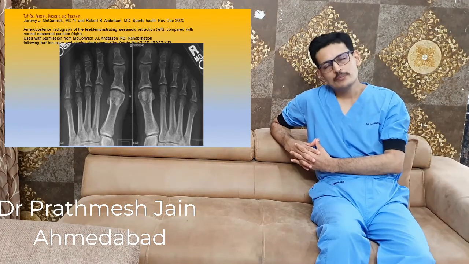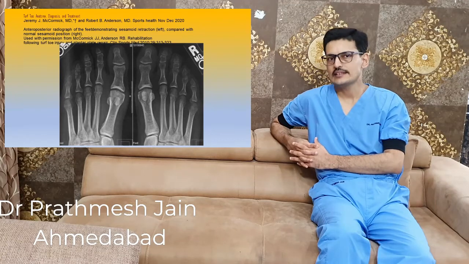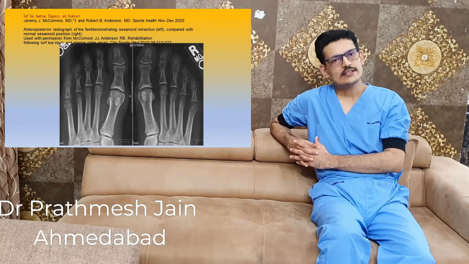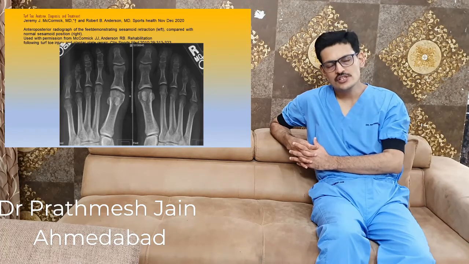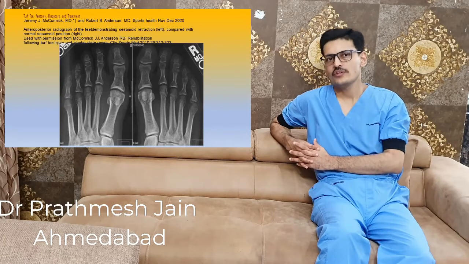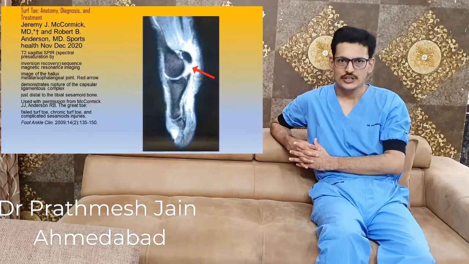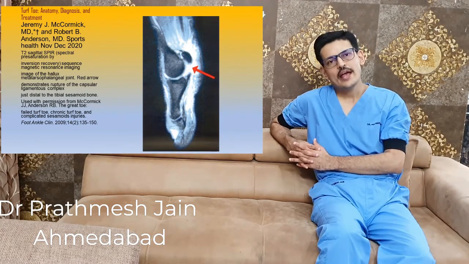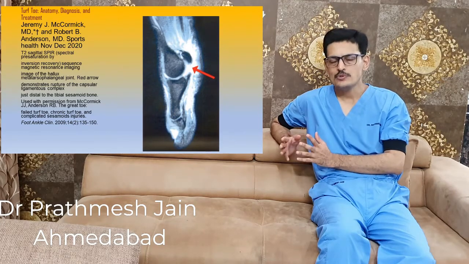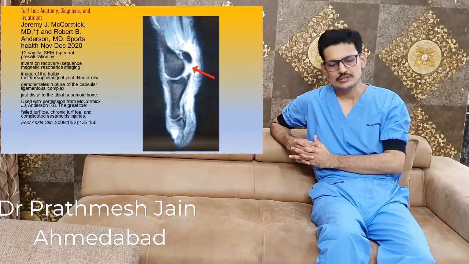To confirm the diagnosis, we do 2 tests. We do the X-ray and the MRI. The X-rays will usually show any loose bodies incorporated into the joint. Occasionally the X-rays will show sesamoid fractures and proximal migration of the sesamoids as well, which is suggestive of a significant plantar plate injury. The MRI is very definitive, and a good MRI will show you all the details regarding the plantar plate injury, sesamoid injuries, as well as any injuries to the capsule along with the FHB tendons.